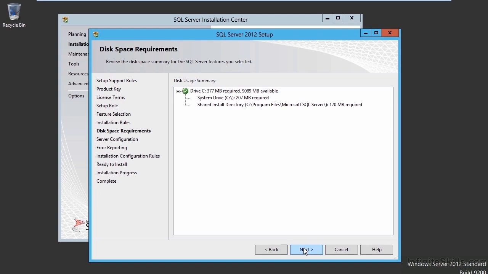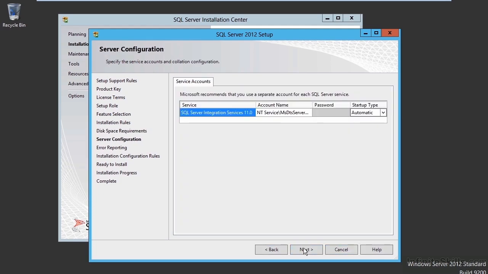We're okay with our disk space requirements. We have plenty of free space. We can then click Next, and we're taken to the server configuration. On this screen, we can select the username and password that's going to be used to start the integration services service. Typically, we would leave this as the default account, which is the